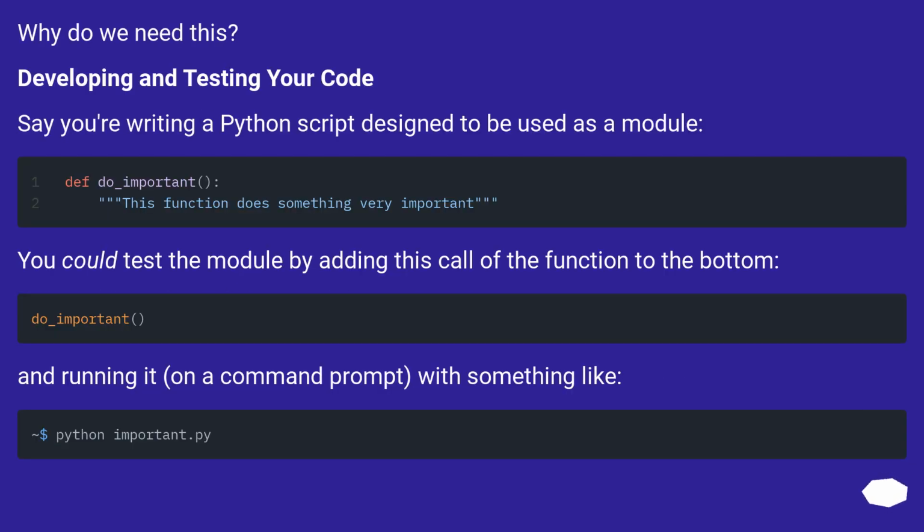Why do we need this? Developing and testing your code. Say you're writing a Python script designed to be used as a module. You could test the module by adding this call of the function to the bottom, and running it, on a command prompt, with something like